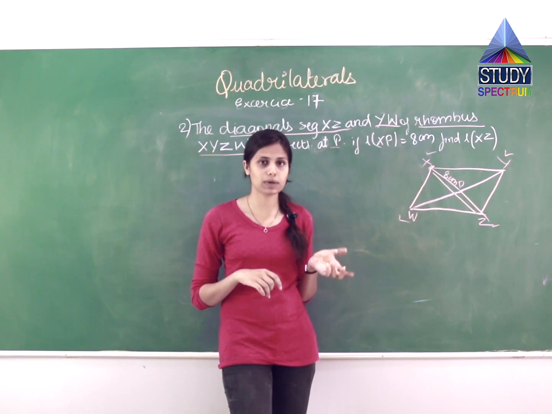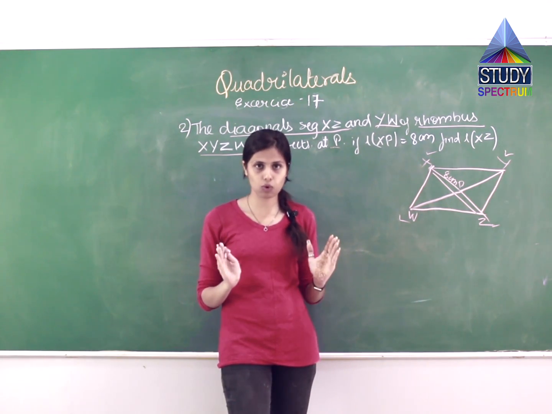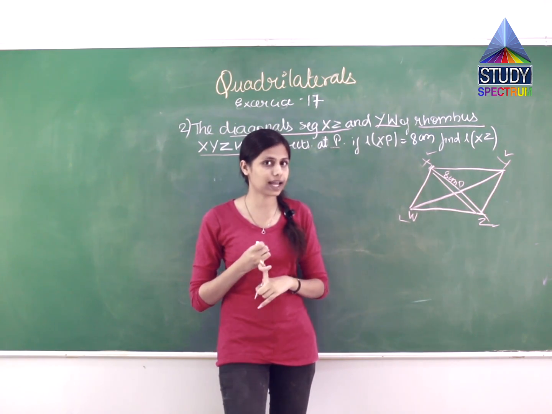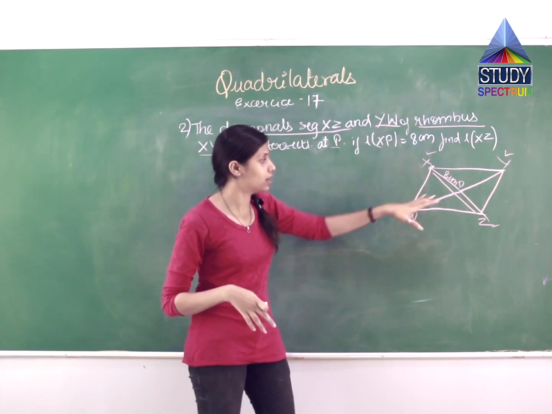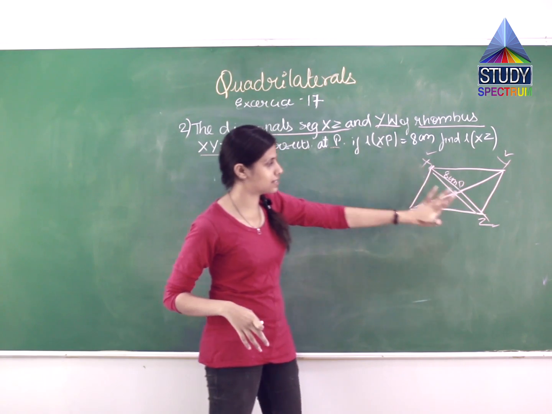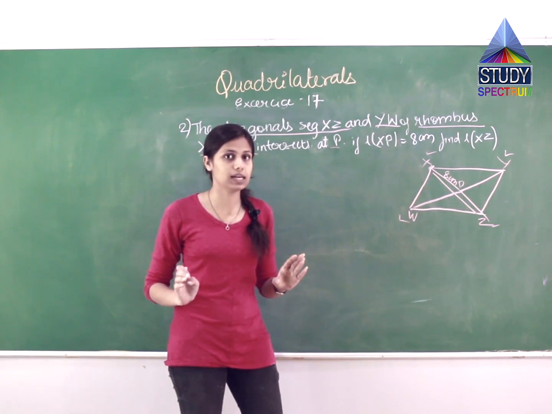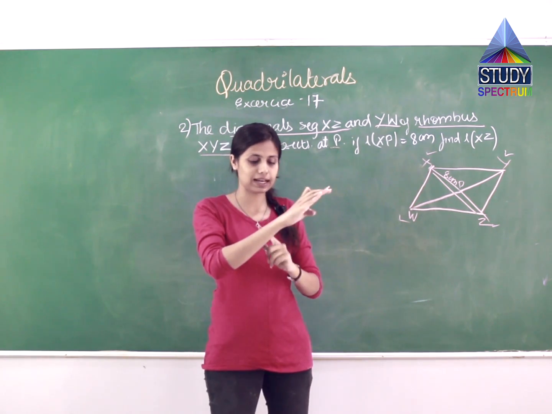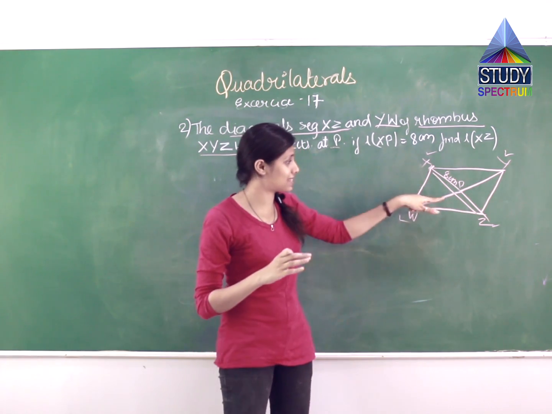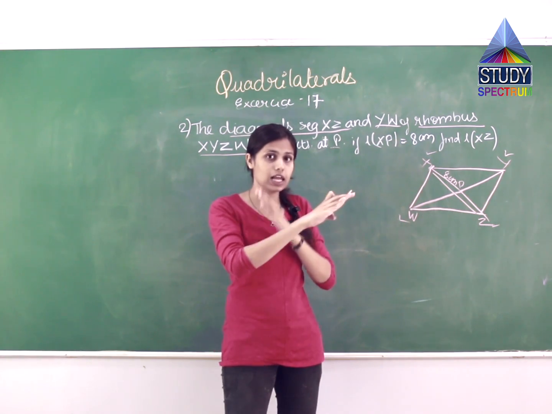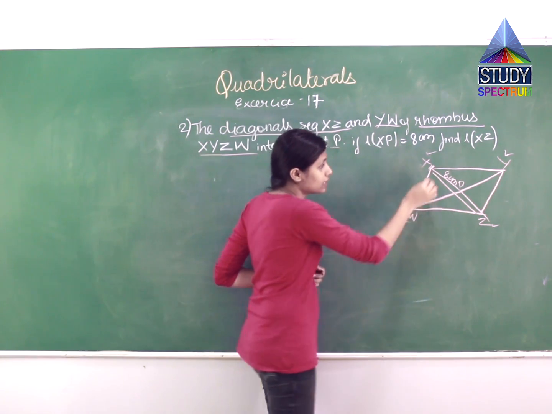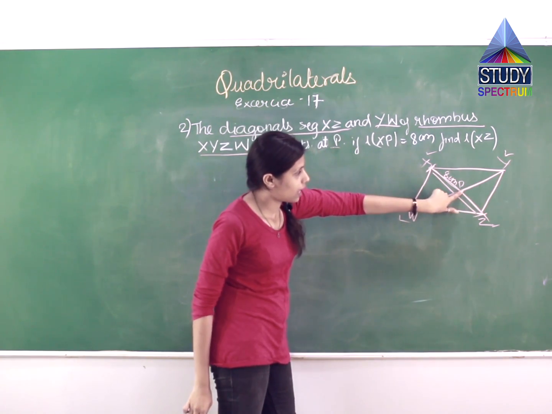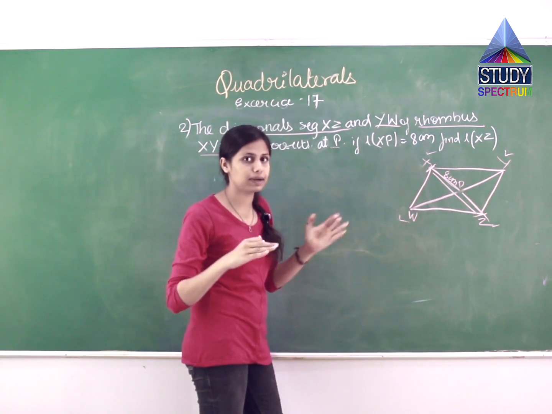Remembering the properties of rhombus. What is a rhombus? The diagonals of the rhombus are not equal in length. It is for square and rectangle that the diagonals are equal. Over here, this diagonal is greater than this diagonal. So diagonals are not equal, but the intersection point where both the diagonals intersect divides each diagonal into half. So this is diagonal XZ in which this P is dividing this segment into half.